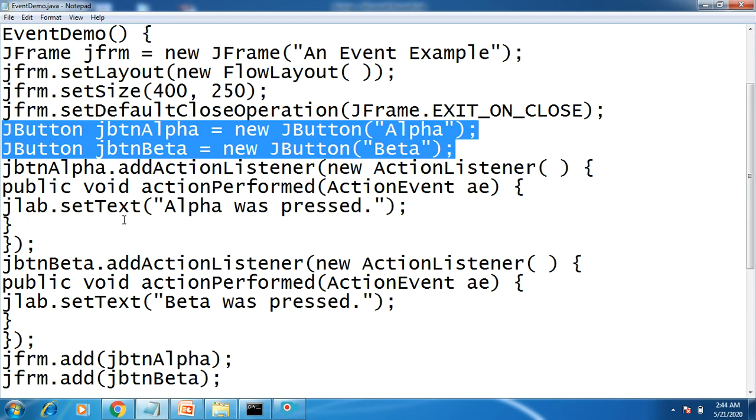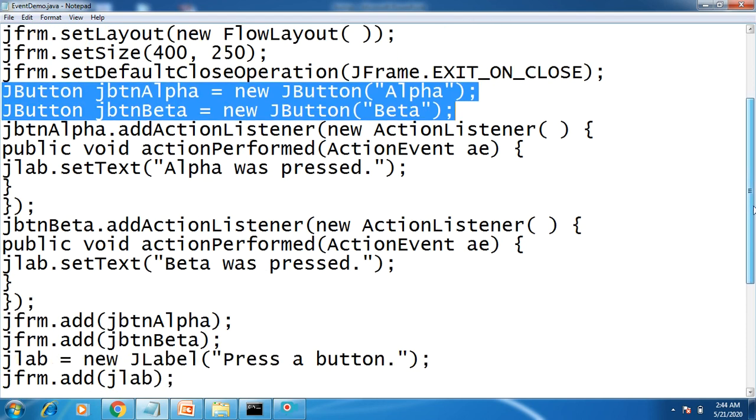We can make use of setText to display the message you want to display in that label. Same for beta also. So whichever button is pressed, based on that the message will be displayed. If you click on alpha, you will see alpha was pressed. If you click on beta, beta was pressed.